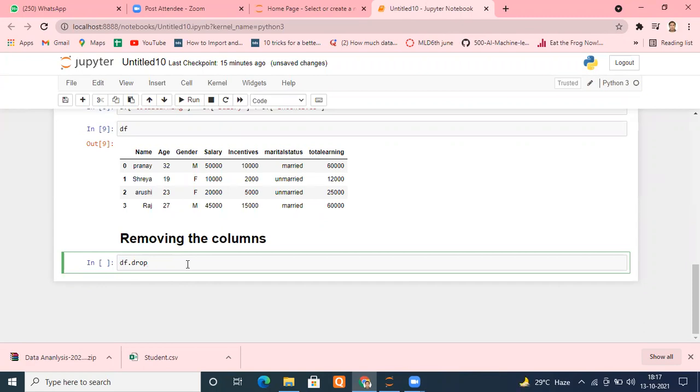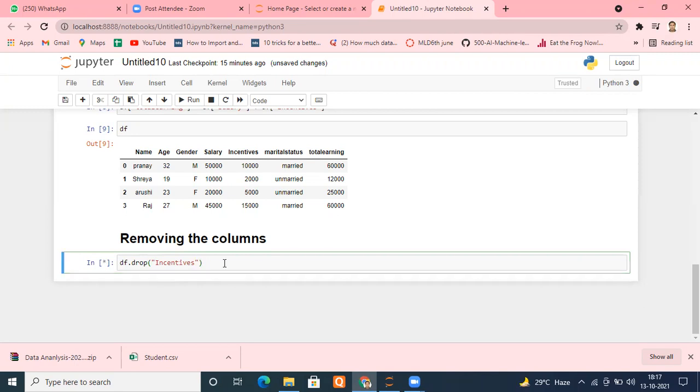Now what you have to do normally, understand, within this drop, if I pass my column name directly, see what is going to happen. Okay, I want to drop my column name. Suppose I've already got the total earning. I don't need any incentives now. Same information is being communicated here. So I want to drop this incentives column. So let me try to pass it. Incentives. Okay. Immediately it will throw me an error.